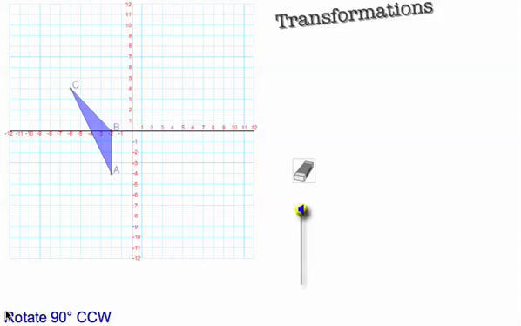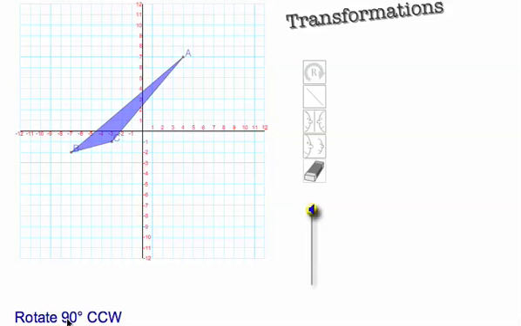Okay, here's a level 8 rotate 90 degrees counterclockwise. So to figure this out, we're just going to quickly look at level 5. Okay, here's a level 5 rotate 90 degrees counterclockwise. So click on the shape to copy it, click on the rotate button, and we're going to go this way